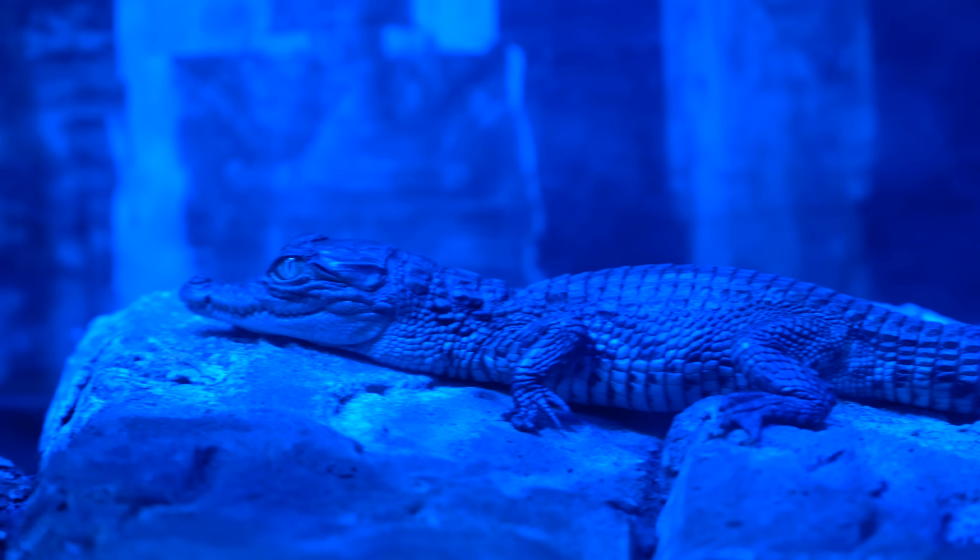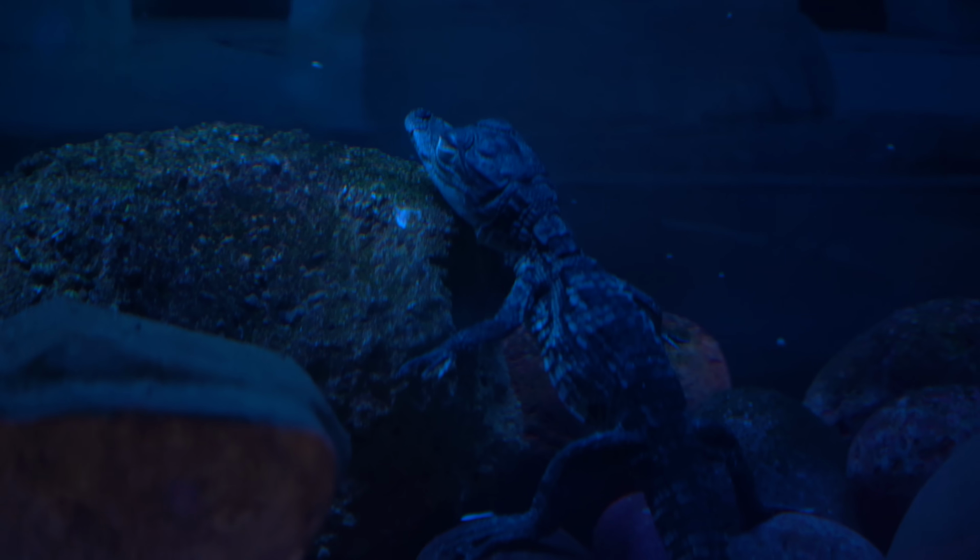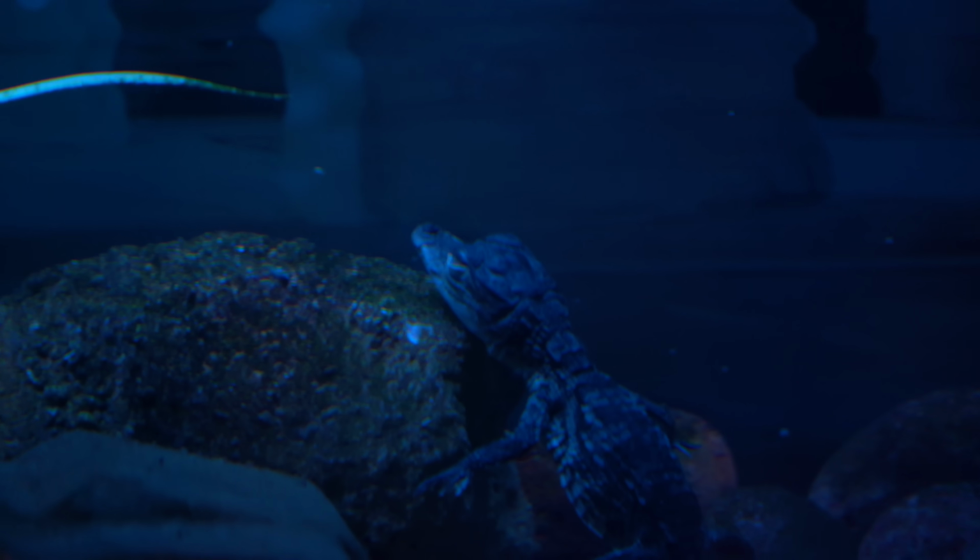Look at the little baby West African crocodiles here. Now, interestingly enough, these guys used to be considered the same species as Nile. Remember when John was talking about how they've split species up? There used to be 23 species, now there's like 26. This is one of the species that split not too long ago, within the last 10 years or so. So these used to just be Nile crocodiles, now they're actually West African crocodiles, which is pretty dope,